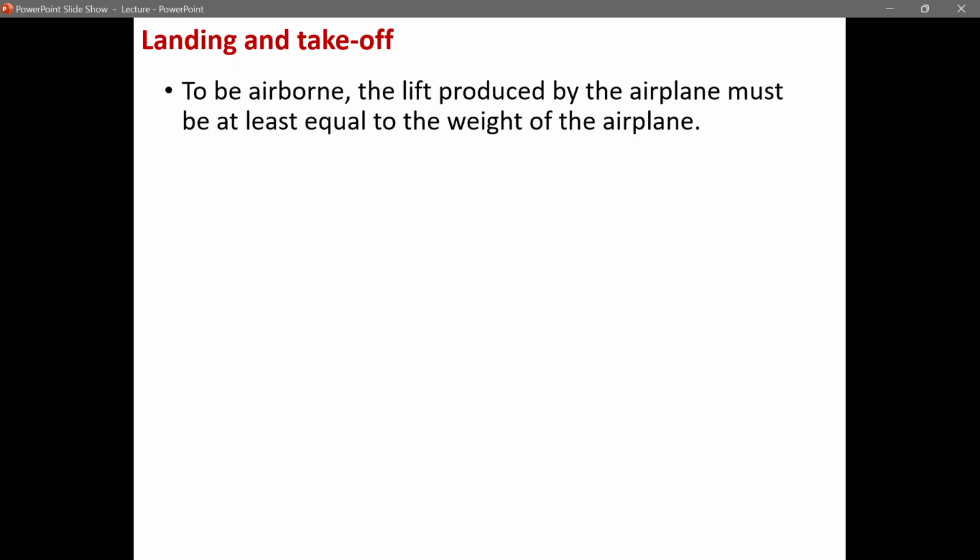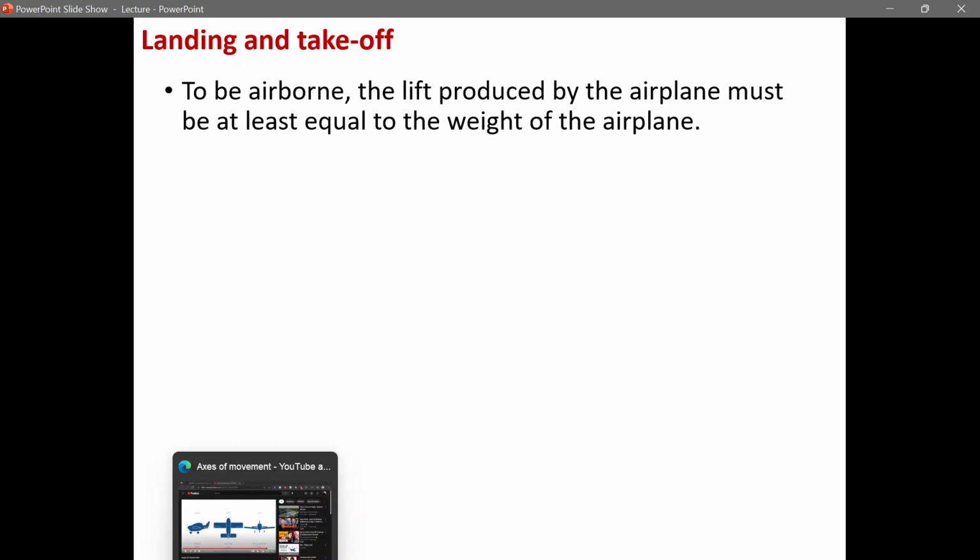Any questions so far? Okay, let's talk a little bit about the landing and takeoff. Or let me ask you this. I mean, you already saw this. To be able to be airborne, the lift produced by the aircraft must be at least equal to the weight of the airplane, right? If you recall, the aerodynamic forces